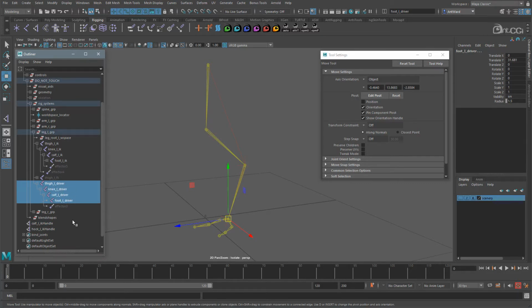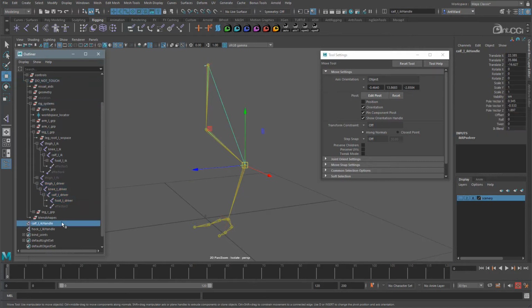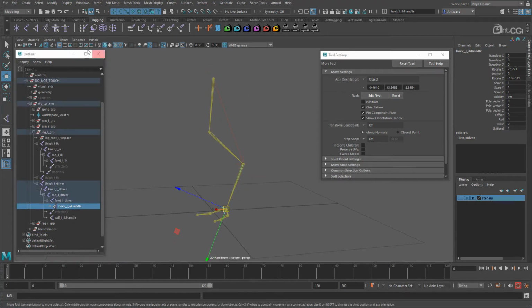So basically what we're going to end up with is the spline IK controls the driver skeleton, and then that in turn is going to control the positions of these two IK handles. So first parent the calf IK handle to the calf driver joint, and then the hock IK handle to the foot driver joint. If we bring back the rest of the creature now,